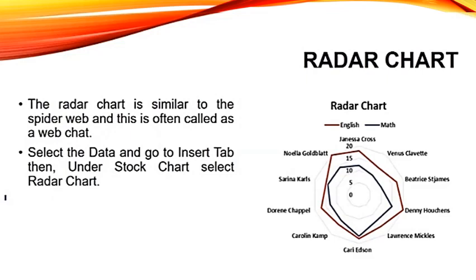As I have already told you, it displays the data values plotted as points which are connected by lines to form a grid. You can see यहाँ पर क्या हो रहा है, हमारा जो इंफॉर्मेशन है वो लाइन बाय लाइन कनेक्टेड हो रहा है, बट इट मेक्स अ शेप, एक शेप के फॉर्म पे कनेक्ट हो रहा है. और इस शेप को हम क्या बोल रहे हैं कि एक वेब बना रहा है.